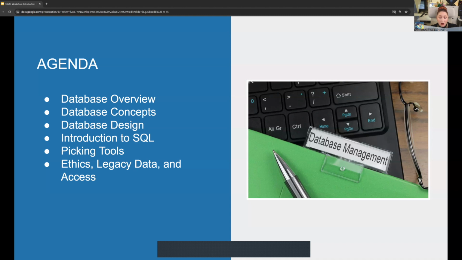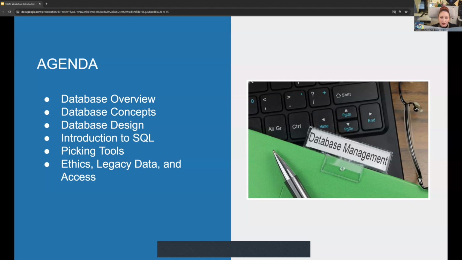The workshop will also introduce SQL, covering fundamental commands and queries. Again, it'll get your feet wet. We won't be setting up our own SQL environment. So if you were looking for that, we just don't have enough time to get into that today. But you'll understand by the end of this how SQL database tools operate, so that you can get started. And we'll discuss how to choose the right database platform for different projects, and also think about